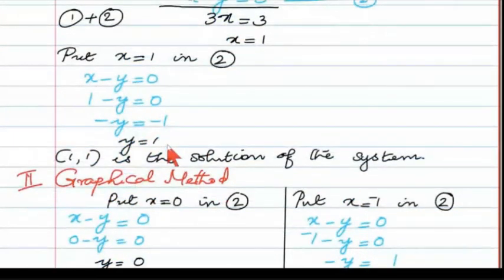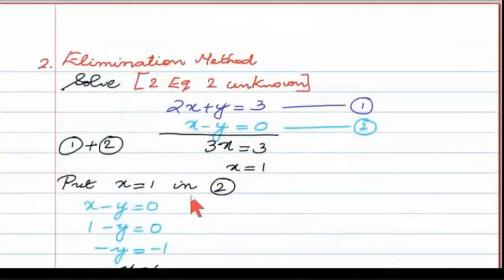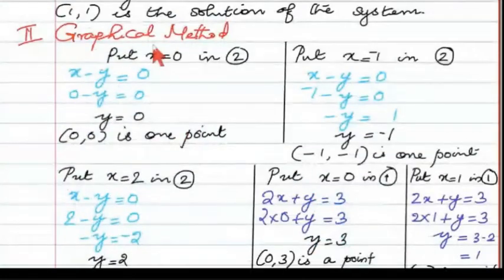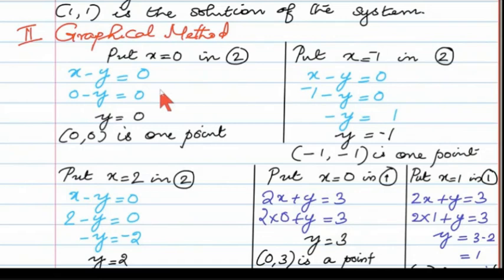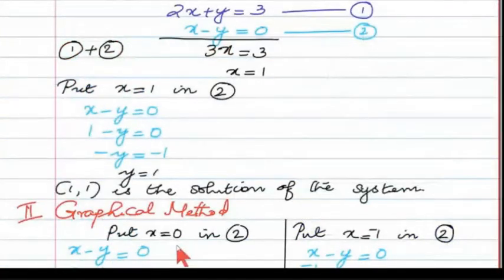Now we are going to solve a set of equations using the graphical method. We have two equations. For each equation, we will get a line. So our aim is to plot the line. In order to plot the line, we need some coordinate points. So in order to find certain coordinates, we can put x equal to 0. We will get some y value. x equal to minus 1, we will get some other y value. Like that, we can proceed.